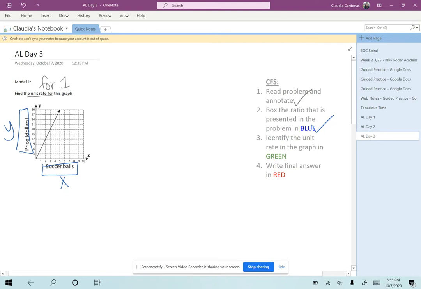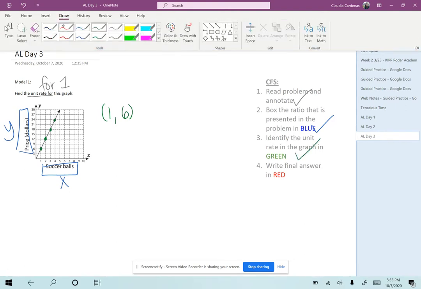So I know that if I'm looking at for one of something, I want to find the point that crosses exactly in the corner of each square in the grid. And in this case, I see a point here, here, here, so on and so forth. But I'm going to look at the first point where I see 1 in the X and 6 on the Y. And so we're going to be able to just write that final answer in red using the labels of